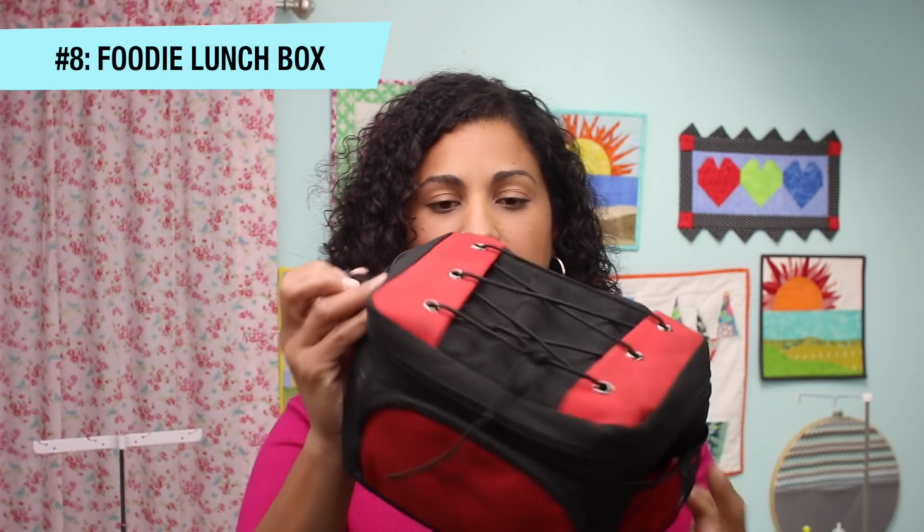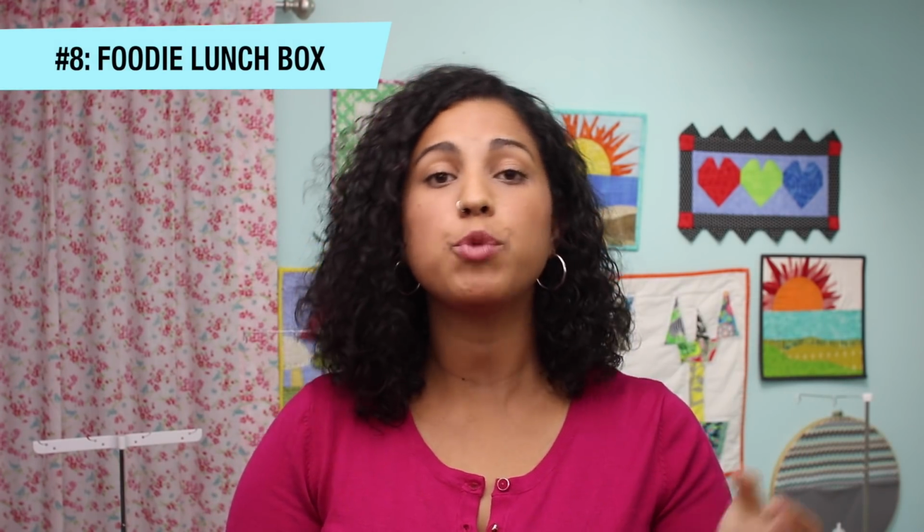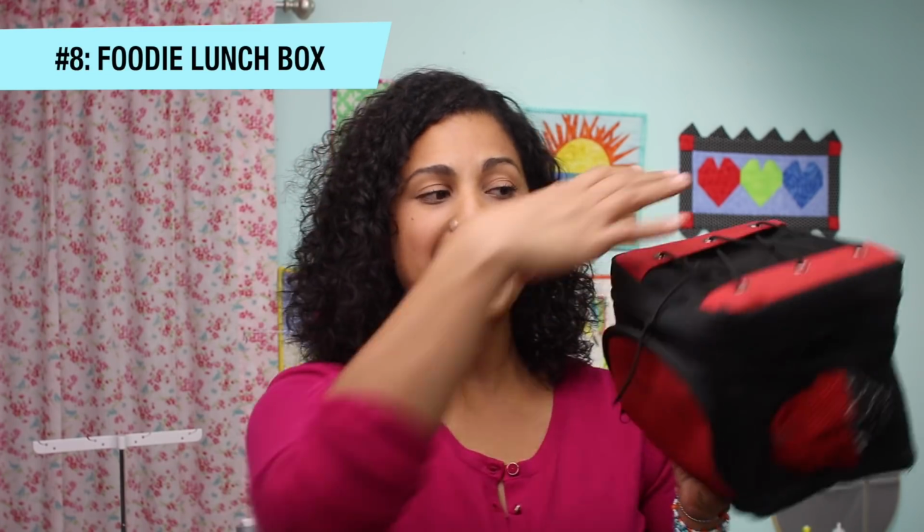Now, this project is inspired by this ugly old lunchbox that my son had, and I actually used the strap for something else, but I found that every time we would go to a picnic, or the kids had a class, or a play date or something, whenever I went to grab a lunchbox to pack it full of lunch and snacks and things like that, we always kept grabbing this one. And I have other lunch boxes and lunch bags and sacks that I've made, and for some reason we always keep coming back to this one,